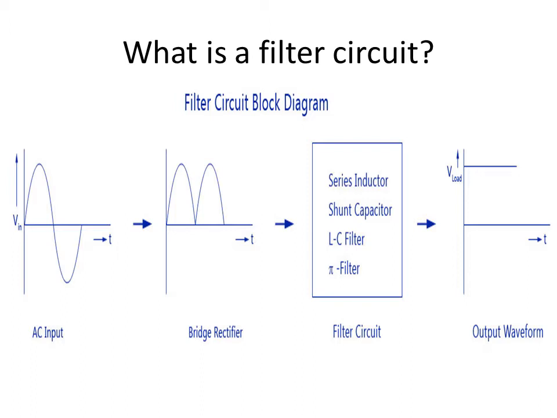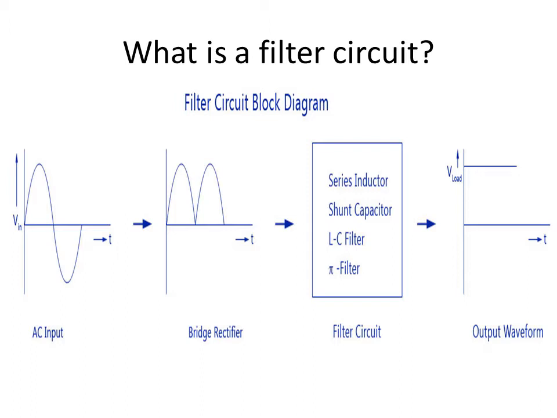Here you can see in this block diagram, you have got an AC input which goes through a rectifier and we will be getting a DC output. But this DC is a fluctuating DC. So that is what we want to change. This DC output, which is changing with respect to time, should be converted into what you can see on the rightmost graph, unfluctuating DC. So in order to do that, we make use of filter circuits.